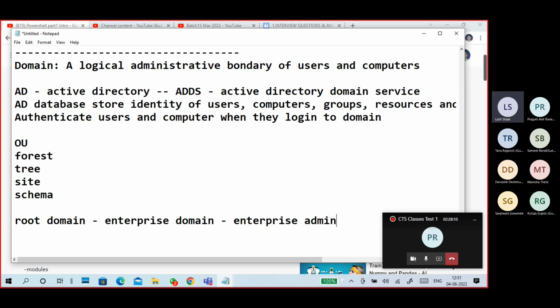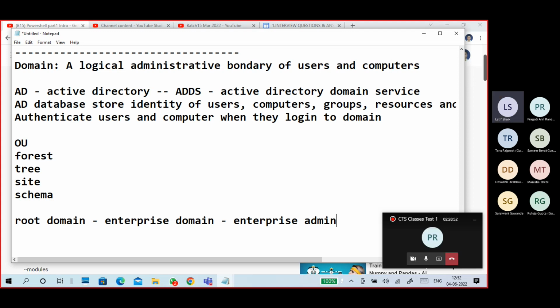So the forest is an enterprise, a collection of all the domains. Forest is a collection of domains and domain trees. A tree is a collection of domains. Remember, guys, think like there is a forest, and in the forest we have trees. The forest contains the trees.